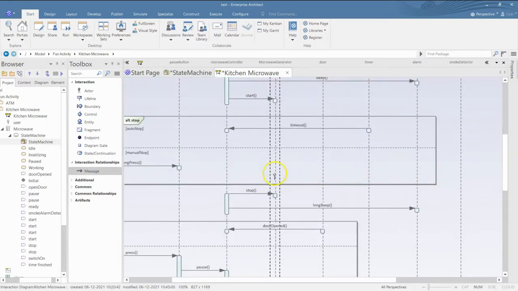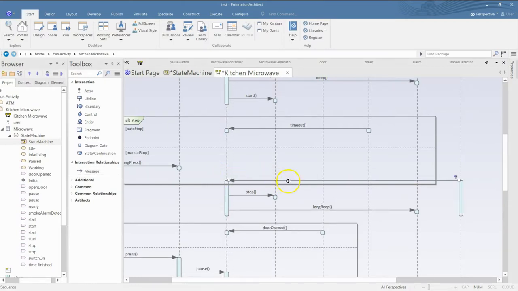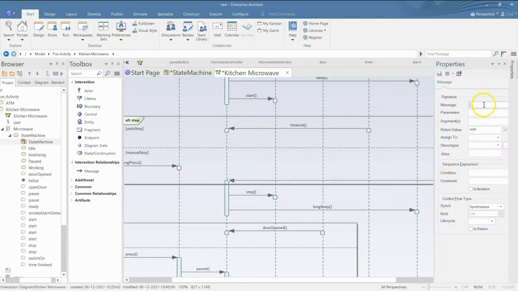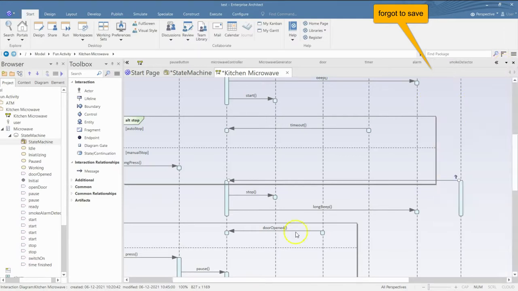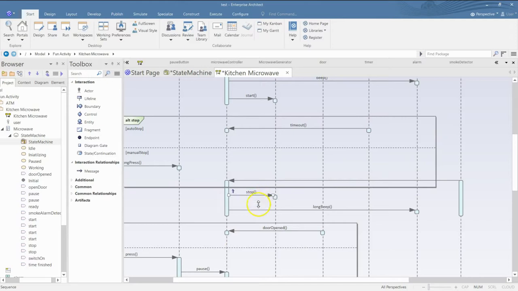So we need to have a stop. The microwave controller receives the smoke detected signal. Smoke detected. So whenever it receives that signal, what should it do? And this happens as part of a separate condition, right?